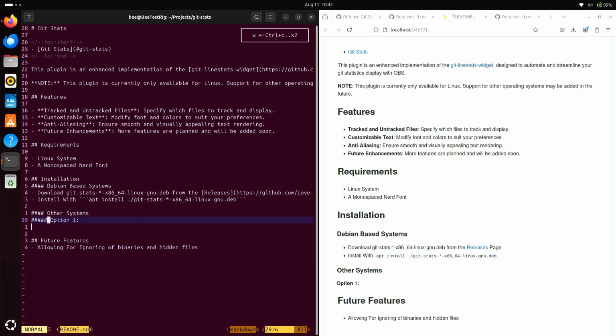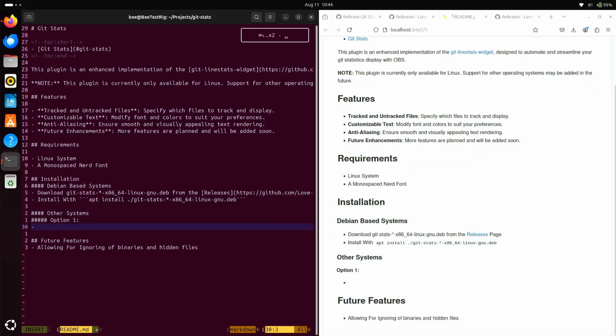Is there even a file? There is. Option 1. This is ugly. I don't really care though. Option 1 is to